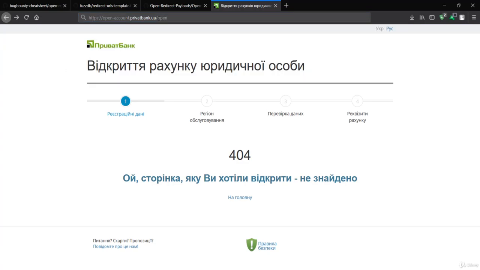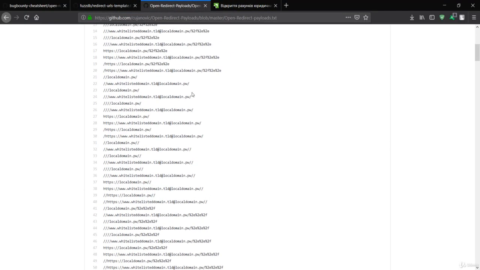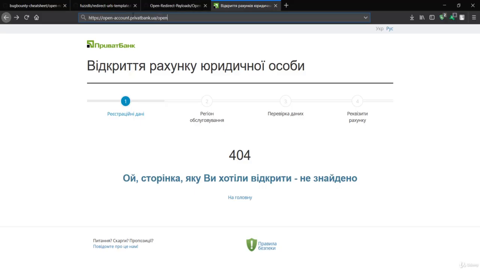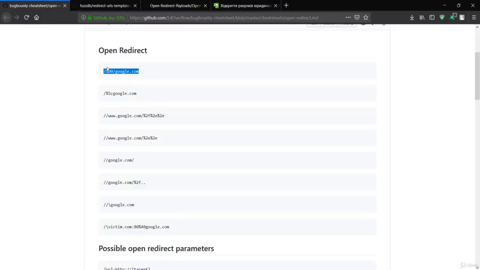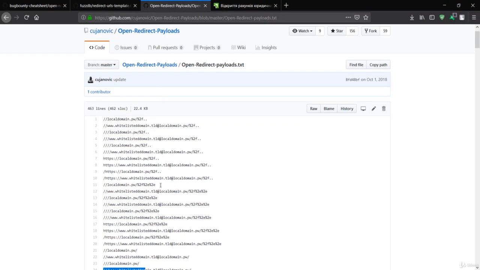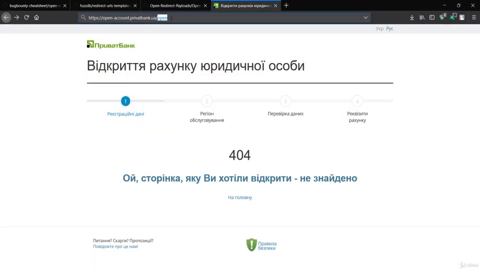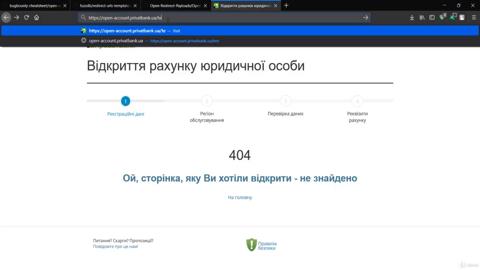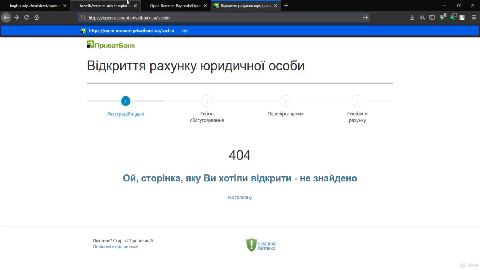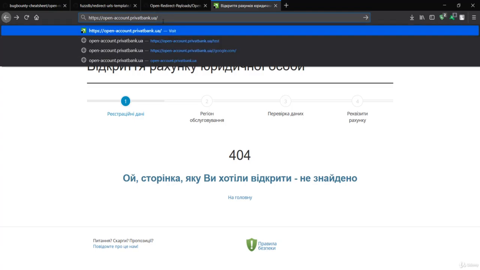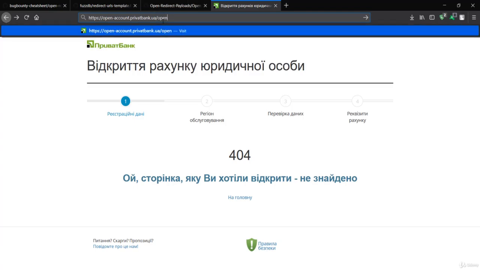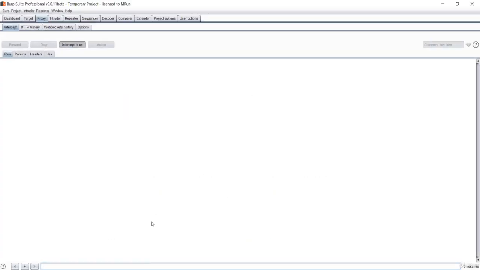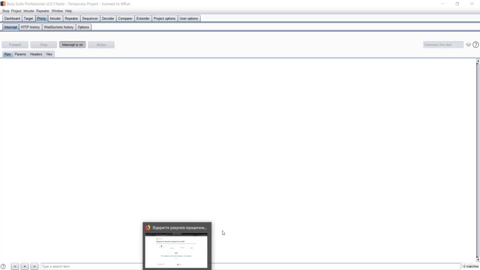It can be any parameter at the end because we want to inject. If you remember, we want to inject this payload at the end of this URL. As we did with this URL, we want to inject all of this payload at the end in this open field. That means you can also give anything over here. You can give test, or your name, and simply inject this payload in this search field. I'll stick with this open because this is open URL redirection. So if I go over here, make sure intercept is on and go back.